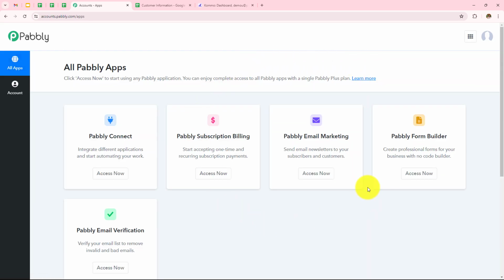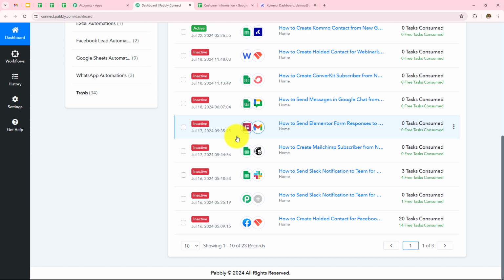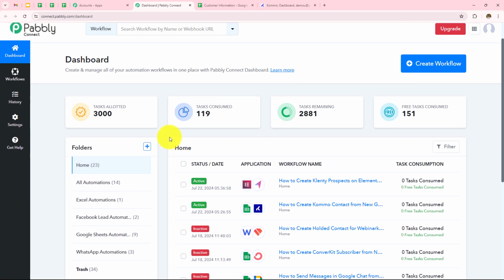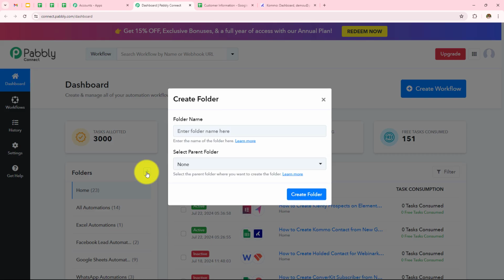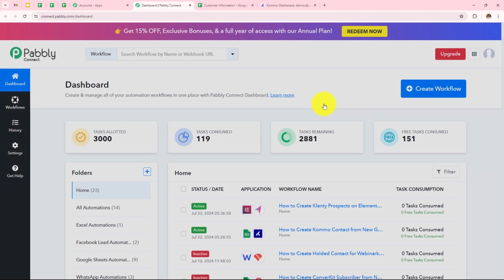And here a dashboard has appeared showing me all the Pabbly applications. Here I need to click on Pabbly Connect Access Now. And it has taken me to this dashboard where I will be able to see all my workflows and all the folders that I have created. If you want to create a new folder, you just need to click on this plus icon and you can create a new folder. For now, we want to create a new workflow, for which we need to click on